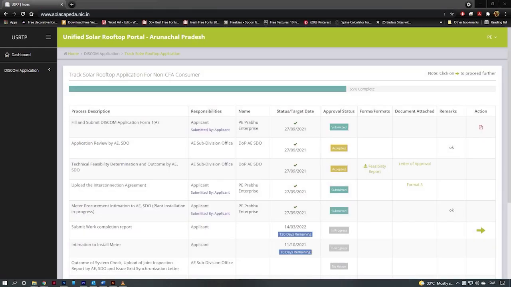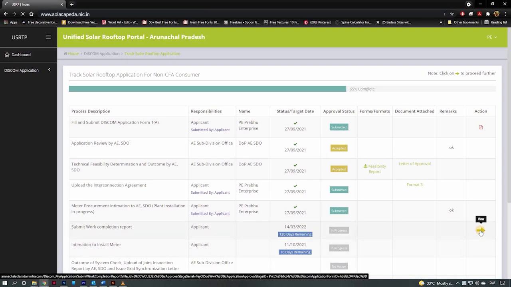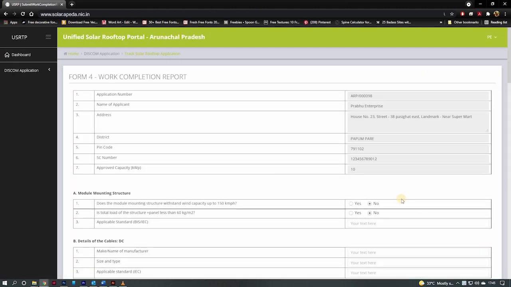In the sixth step, the applicant needs to upload the work completion report by clicking on the green arrow under the Action column. On clicking on the arrow, the work completion report, Form 4, appears. The first section of the form shows basic applicant details. At the bottom section of the page, the applicant needs to provide the following details: